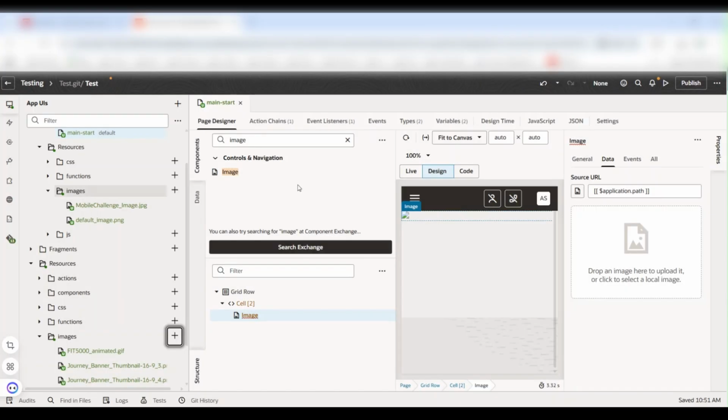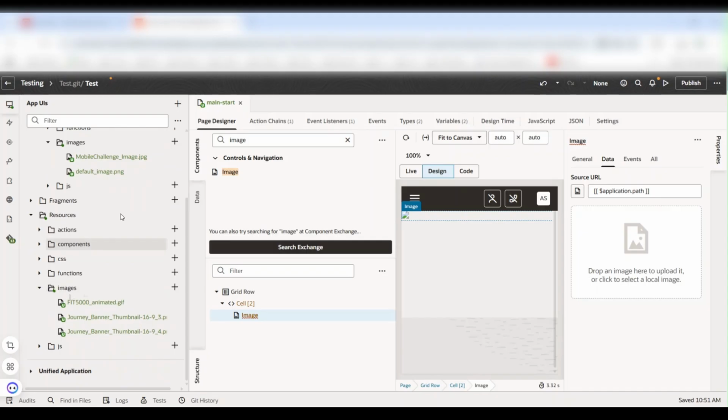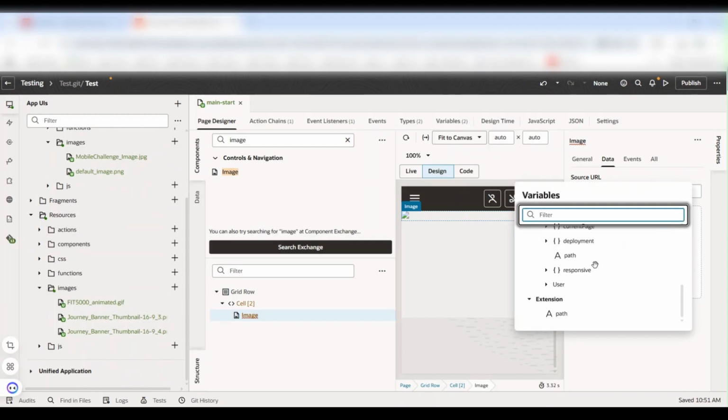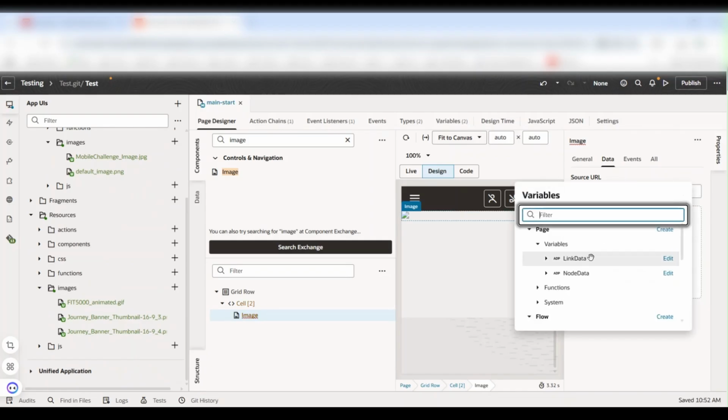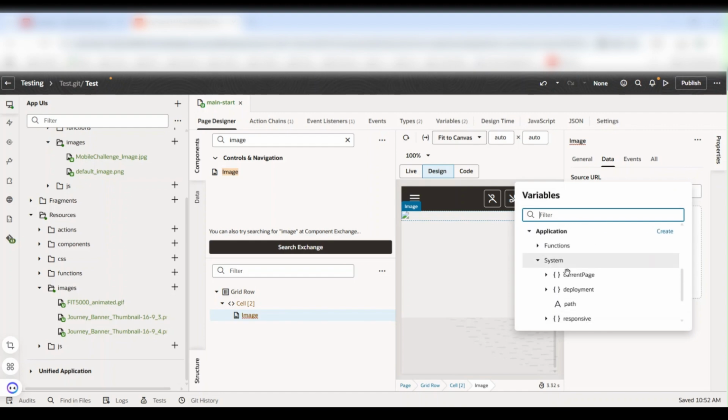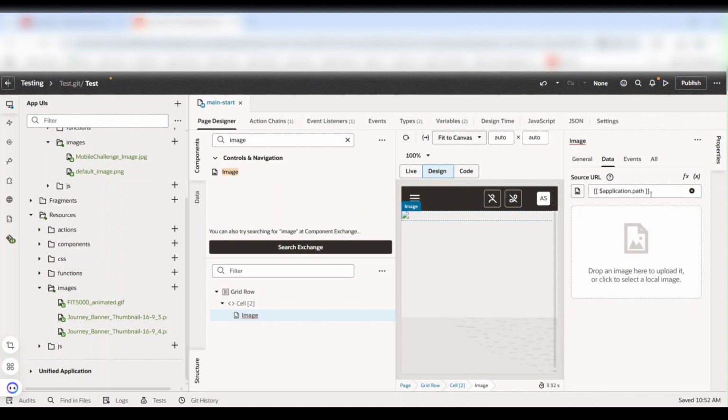If you are trying to get an image from the global resources, then you have to select the variable as extension path. If you are trying to get the image from the application, then you have to select application system under path. These are the two variables you have to take care of.